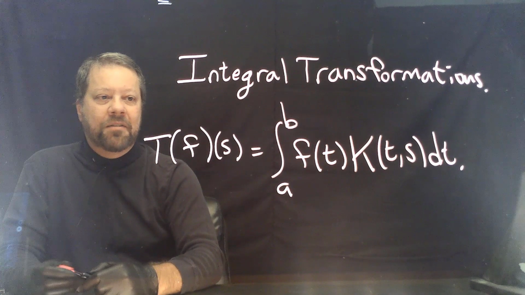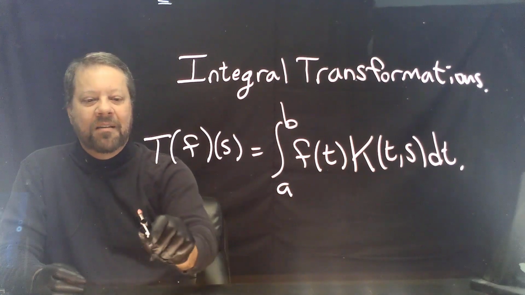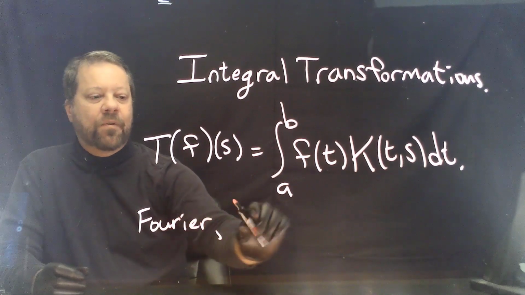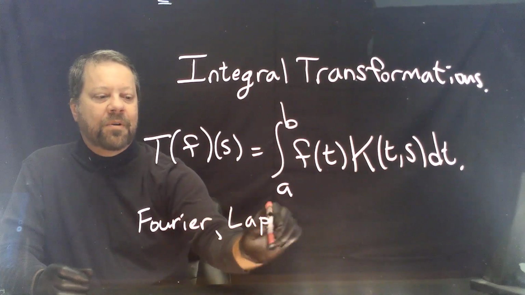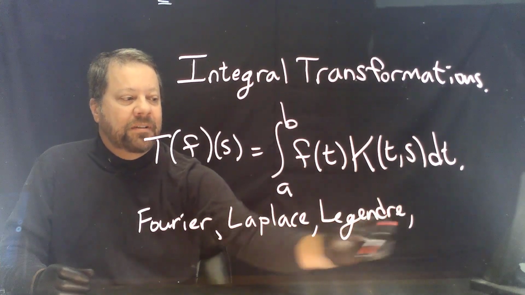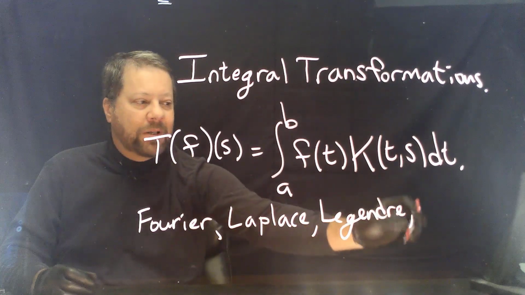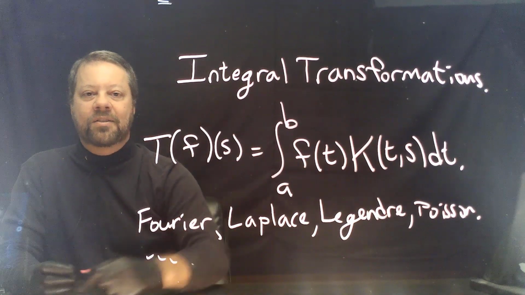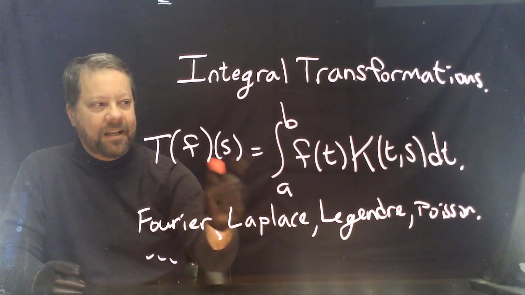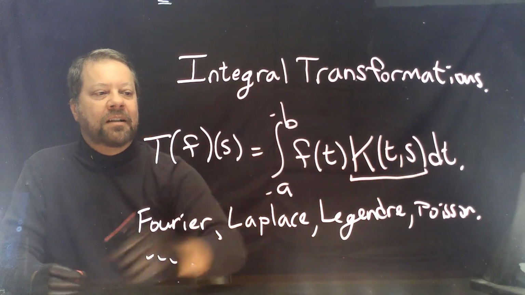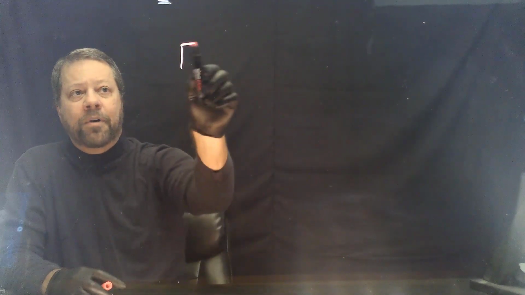There are many kinds of integral transforms. There's the Fourier transform. There's the Laplace transform. There's the Legendre transform. There's the Poisson transform, and so on. Many different kinds of integral transforms, each characterized by a different kernel and perhaps different limits of integration. To this point, we've talked about the Fourier series,